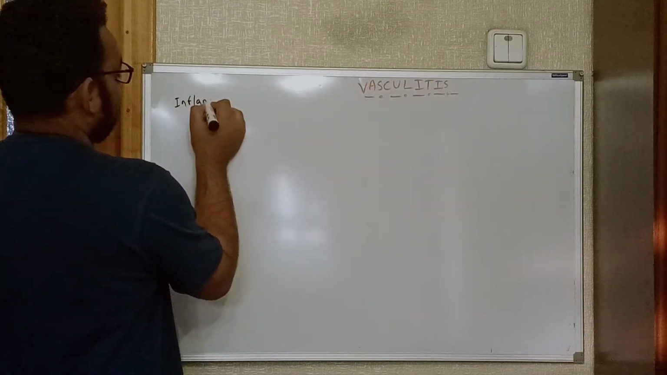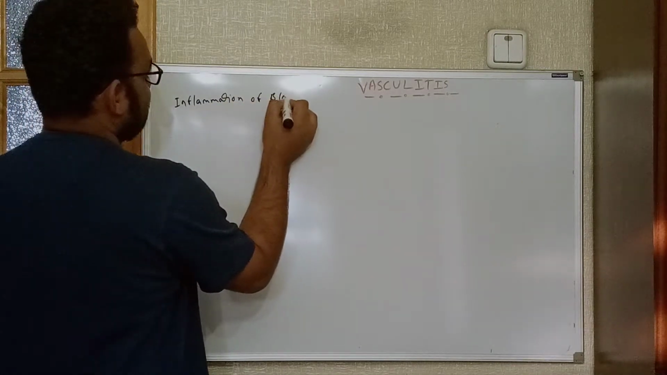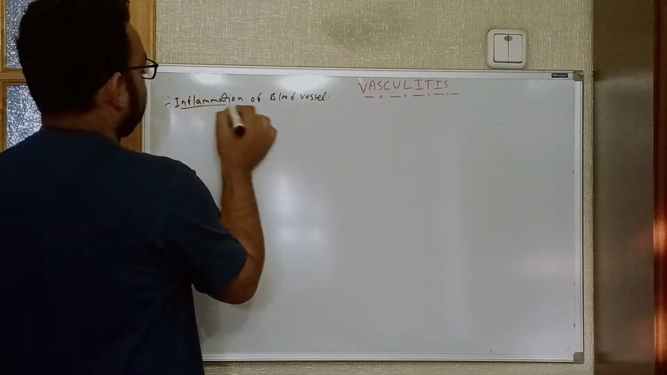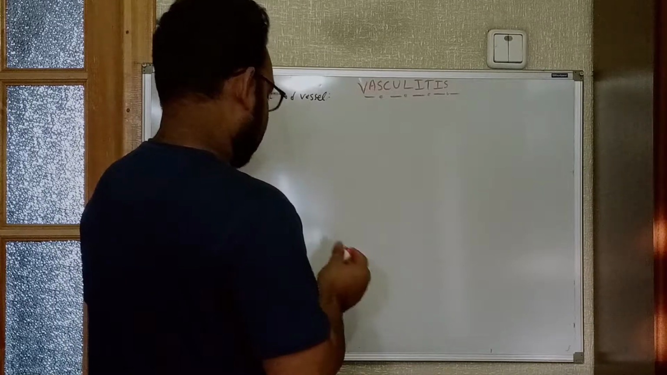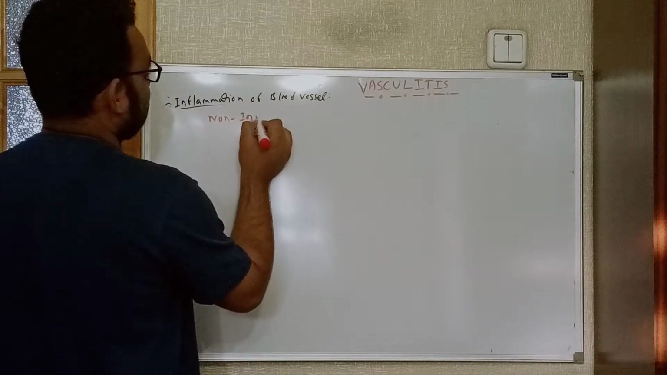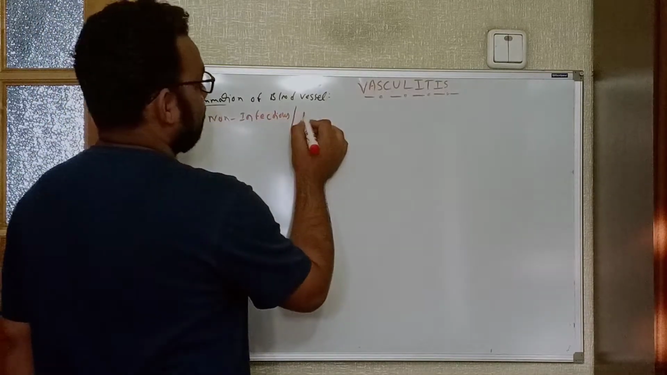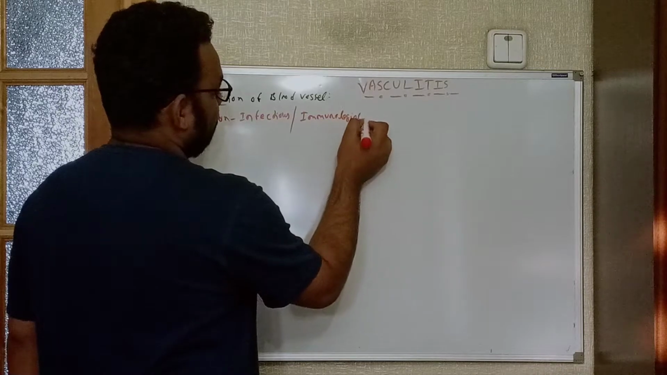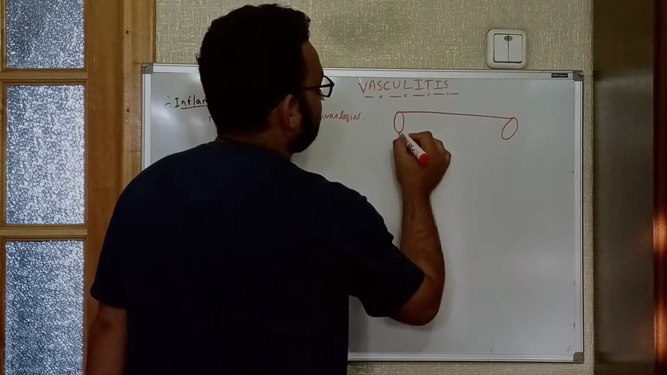So let me write it over here once. Inflammation of blood vessels. Now, for example, this can be seen in non-infectious conditions in most of the cases, or you can say in most of the cases the etiology is immunological. For example, if we see a blood vessel, and if we see the inflammation over here,